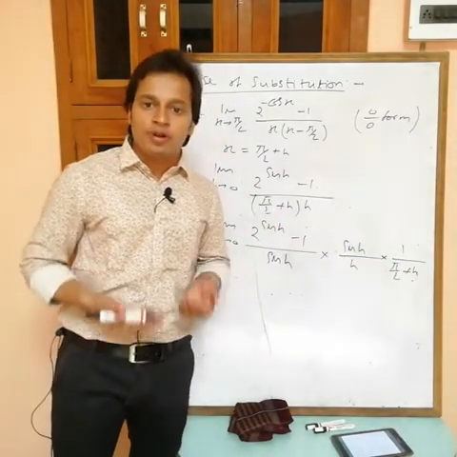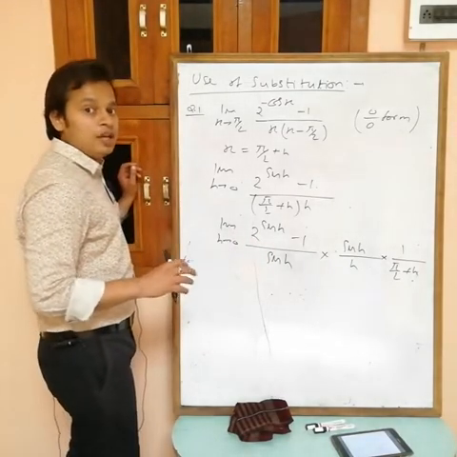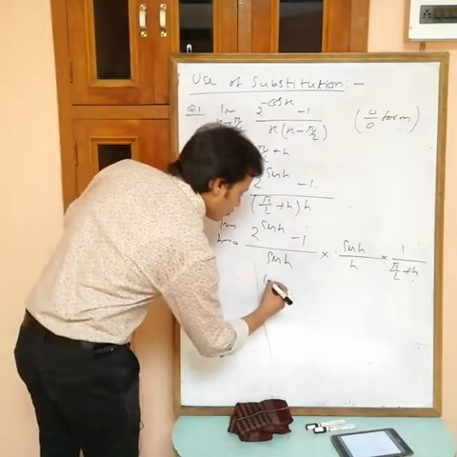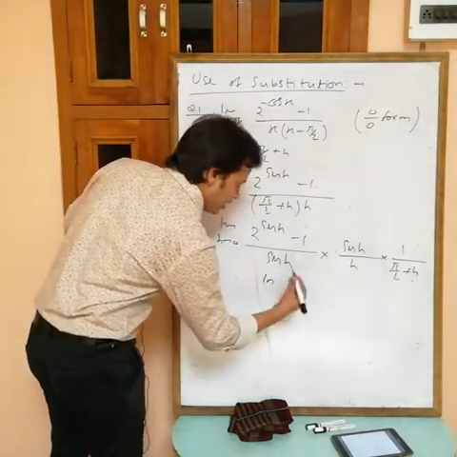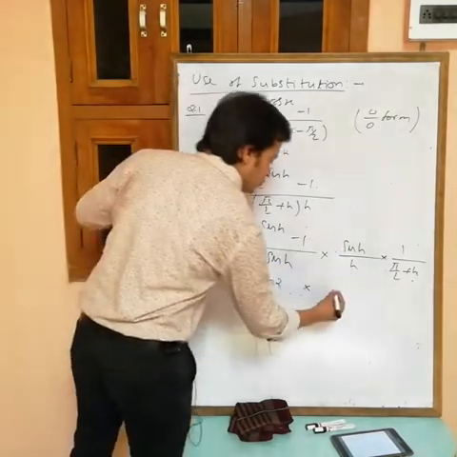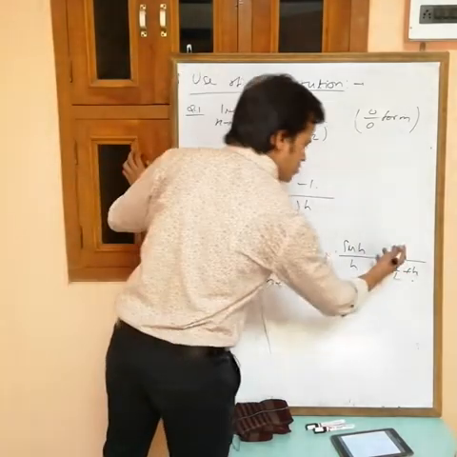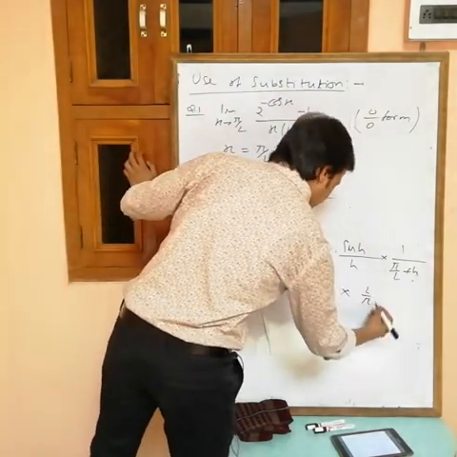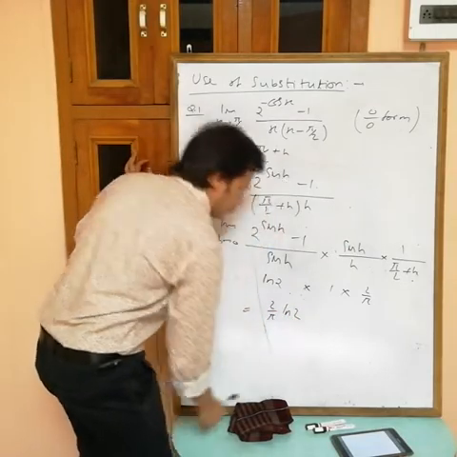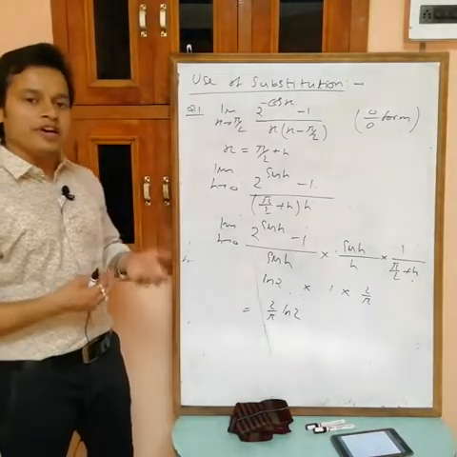Now see, so simple. Standard limit, and this is finite. So I can use the theorem on limits. The limit of this one is (a power x minus 1) by x, log a. Log means natural log, ln 2, a is 2. The limit of this one is 1. The limit of this one, put h equals to 0. If you put h equals to 0, 1 by pi by 2, that is 2 by pi. So the answer is 2 by pi ln 2. Write down. So you can replace x in terms of h or t.